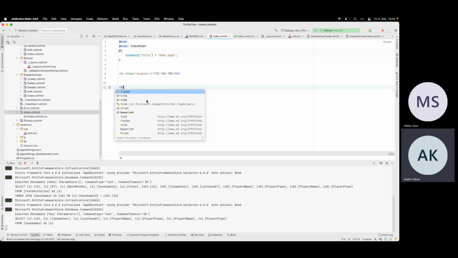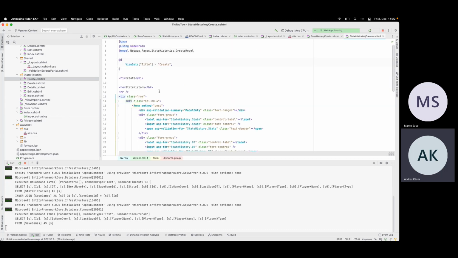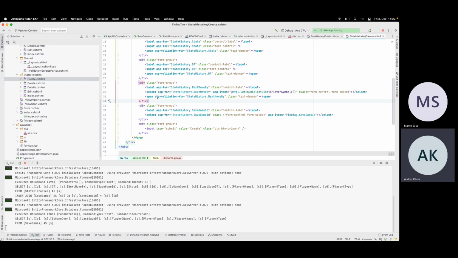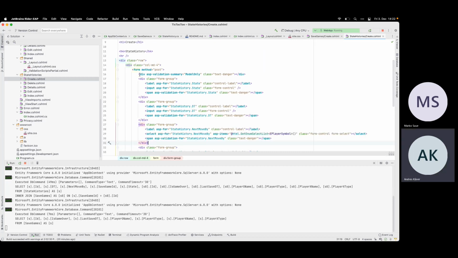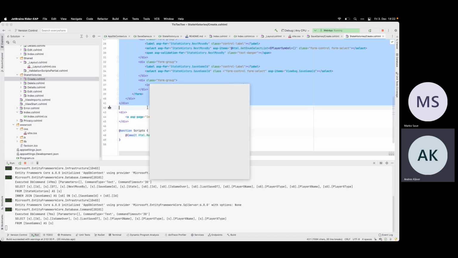So let's make a form. And it's easier just to copy everything. How do I make a form here? I make just a copy out of everything.